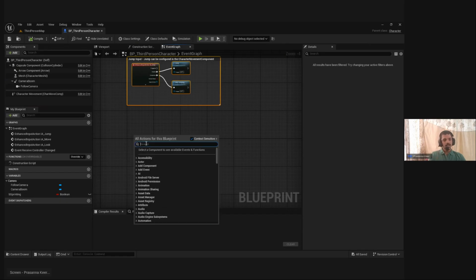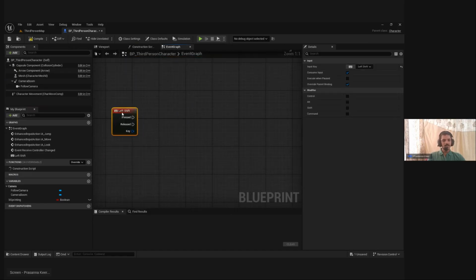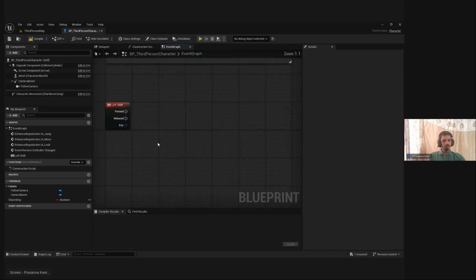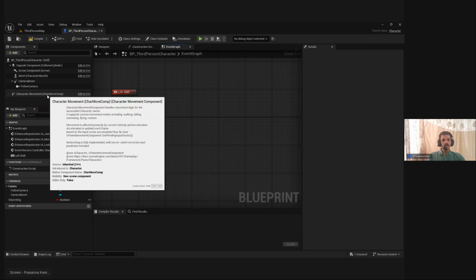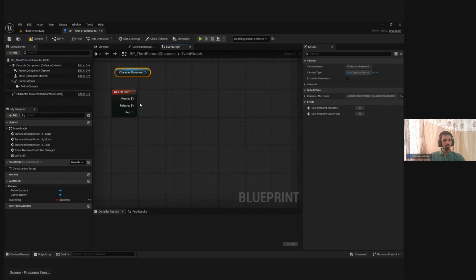So left click, and our favorite button for sprinting, we usually use the shift key. You can see here keyboard events, left shift. Yeah, it is meaningful. It is red color and these things are blue color, what are those? It's not important to us. Our core logic, as you can see on the screen, is the movement component. My sprinting actually relies on movement, so this will be helpful. I can just drag and drop this.